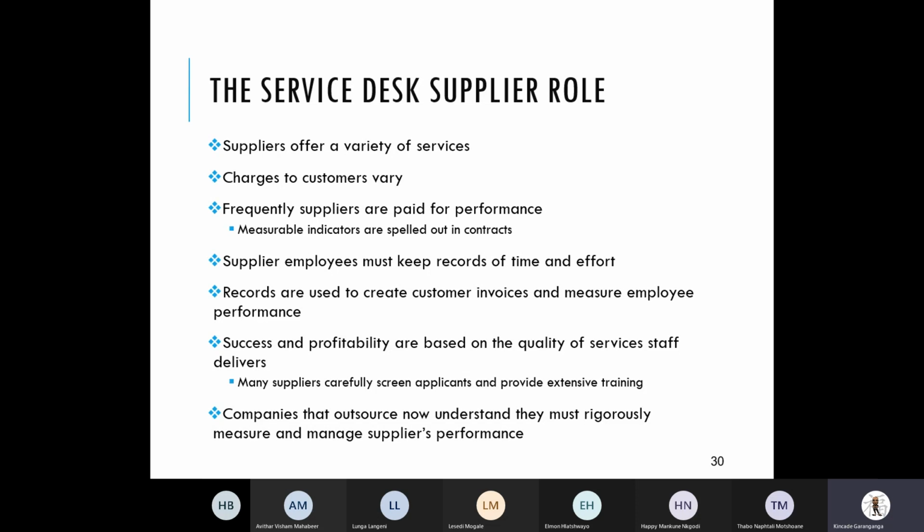remember, you have to accommodate for that particular additional service that is incorporated in that regard. Obviously, success and profitability are literally directly in line with the quality of the service that your particular staff in that service desk supplier environment is concerned. So many suppliers carefully screen applicants and obviously provide for extensive training. That's the reason why most of the time you call in, you speak to someone who's clued in terms of the actual service or product that is being provided for, and it makes a lot of that particular engagement a lot easier and more comfortable to a certain